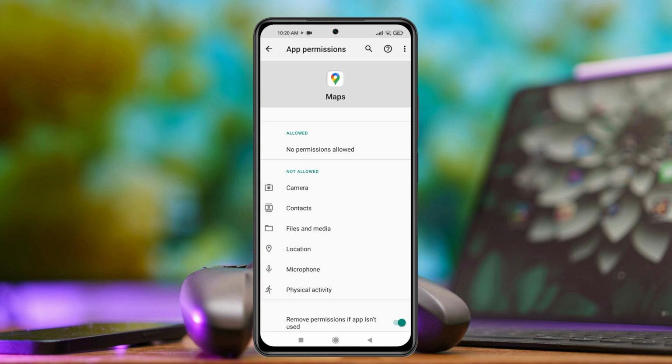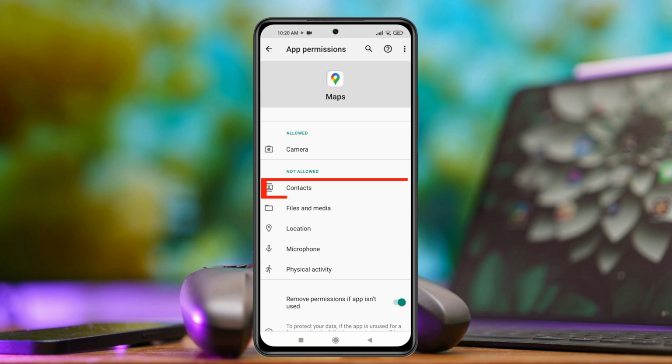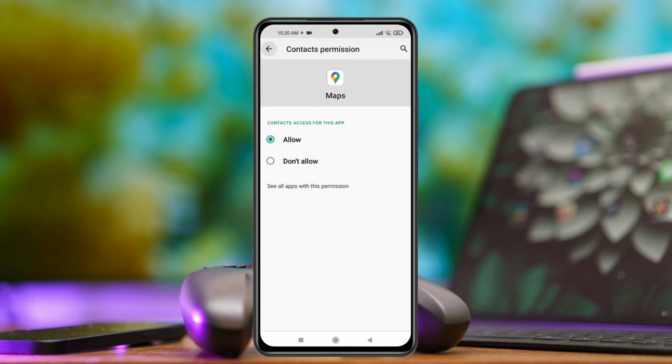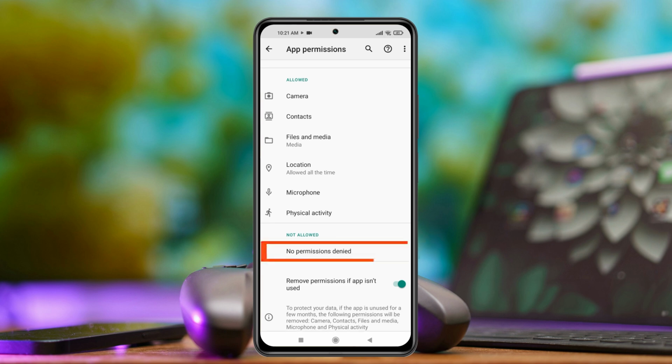First things first, I'm going to allow the camera access. And also I'm going to go ahead with the contacts. And I'm going to allow all the permissions one by one. And once you have allowed all the permissions, and here it says no permissions denied, you just need to get